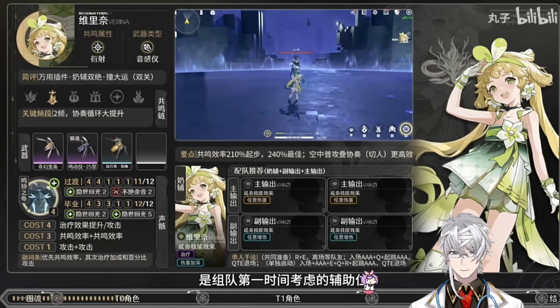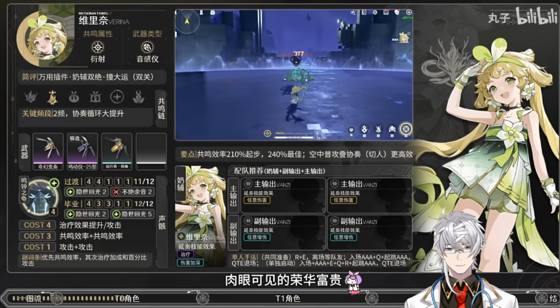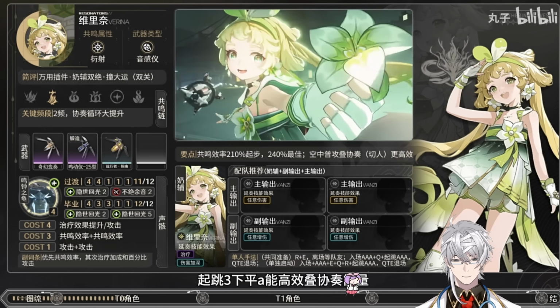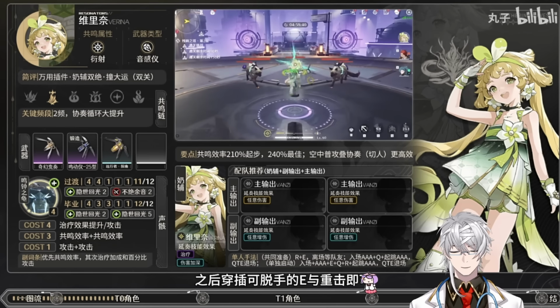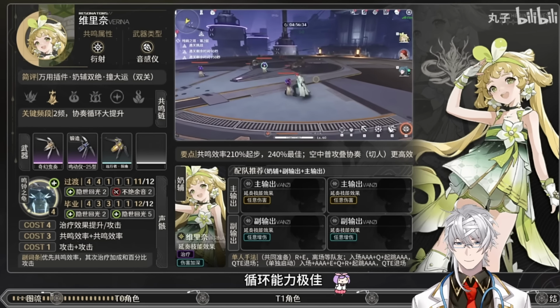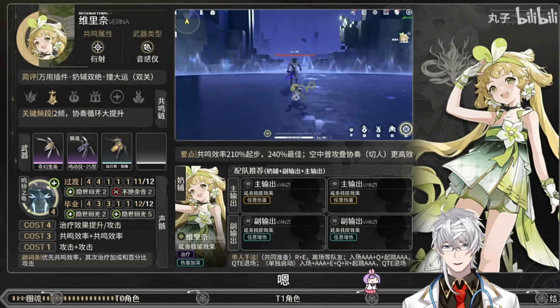And all you have to do with her is jump in, auto attack 3 times, press E, press Q, and press R to ult, and then when she has that jump animation, use 3 more basic attacks and her QTE bar is full, and get out of there. Swap to your main damage dealers. She has an impressive 210 and max 240% resonance gain, which is insane